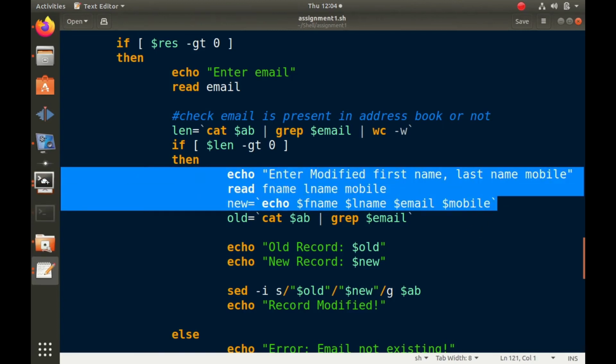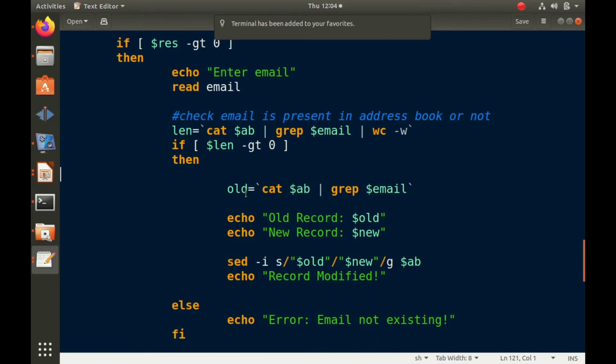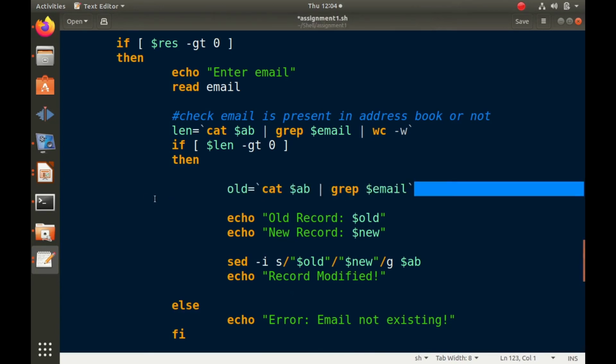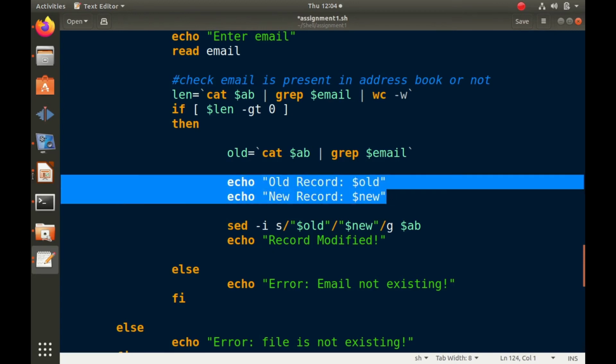So this information is not required here. Then user will find out the old record that he wants to delete, and this also is not required.